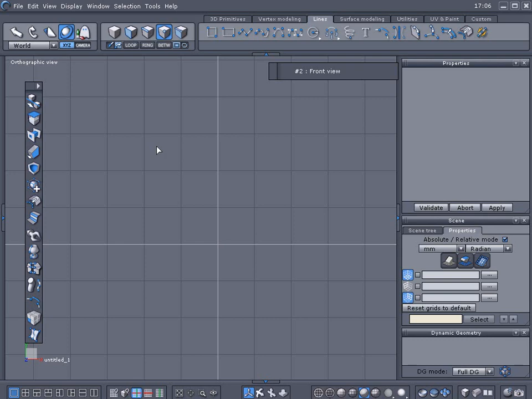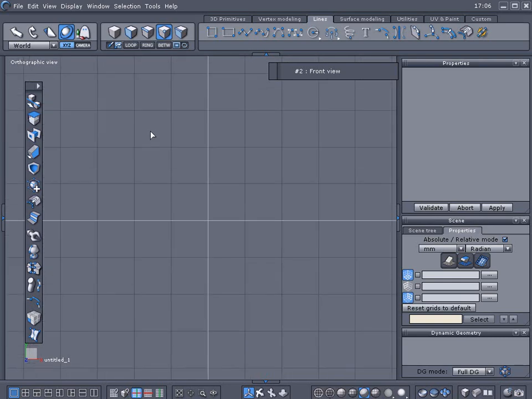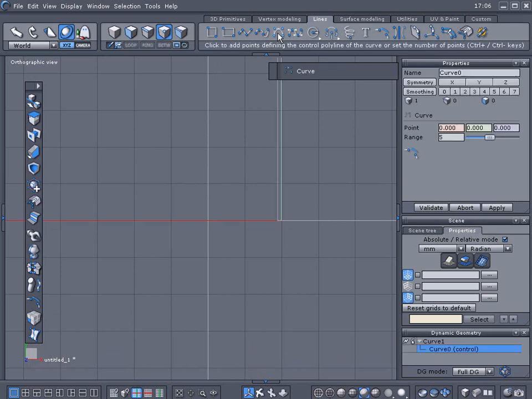Alright, I'm going to make a key for a keyboard here, and I'm in orthographic view and I got this white cross here in the grid. I'm going to use this as a reference. I'm going to get started with this curve here, and from the white cross here in the center I'm going